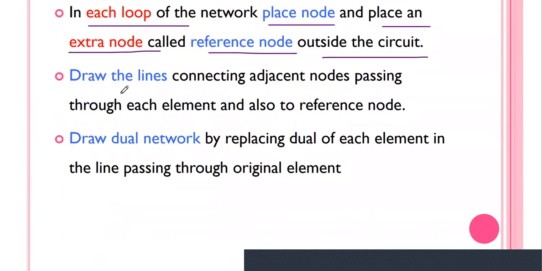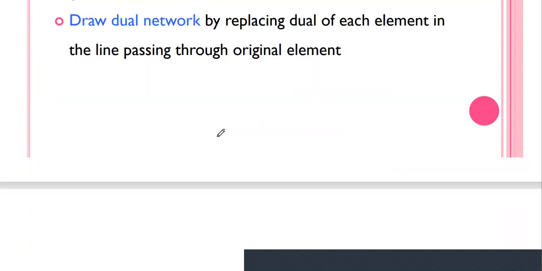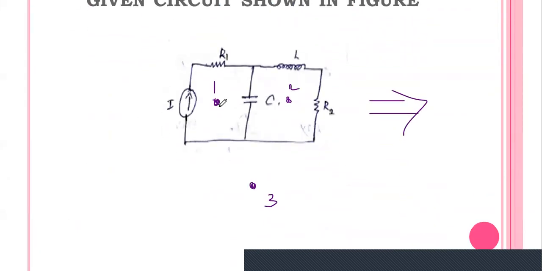The second step is to draw a line connecting adjacent nodes, passing through each element, to the reference node. From each node to this reference node, we have to draw a line via each element. Here you see in the first loop, what are the two elements available?